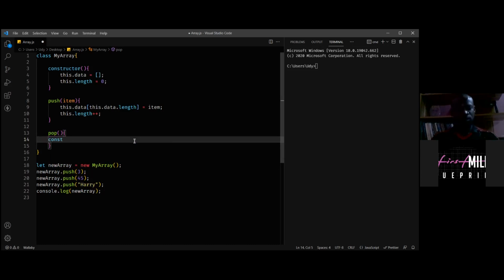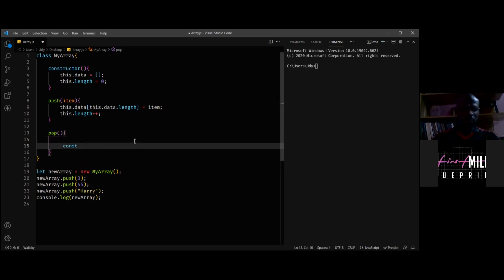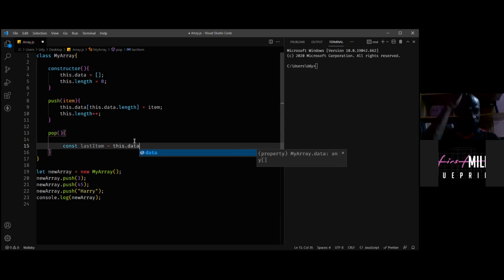Okay. Let's create a variable of an item. Okay, let's name this item. Let's say that is the last item, because that's usually what you need to grab. You remember this data, right?